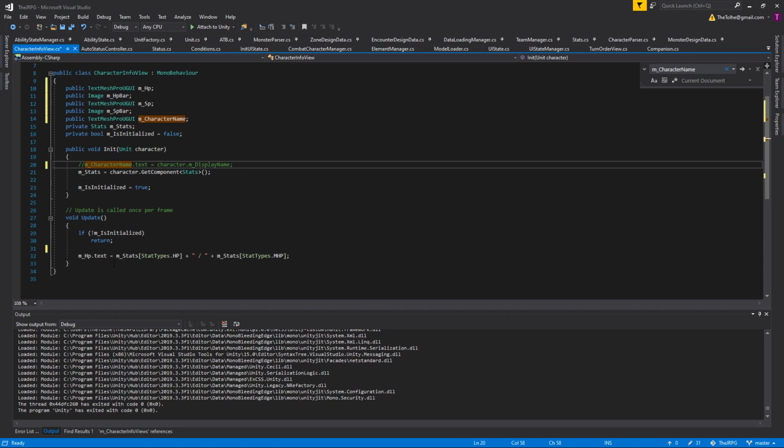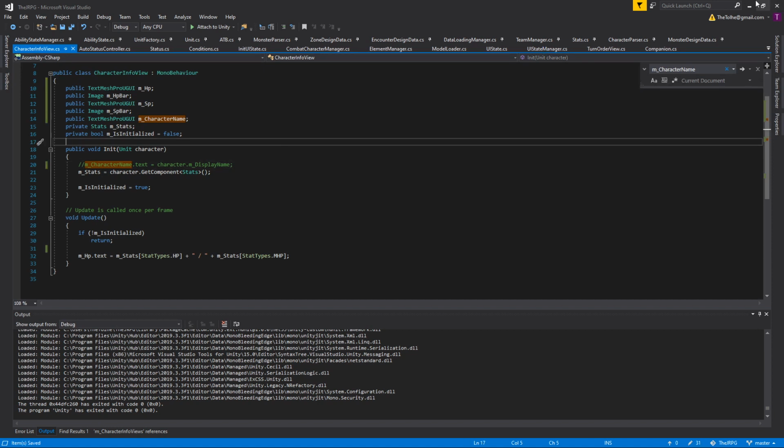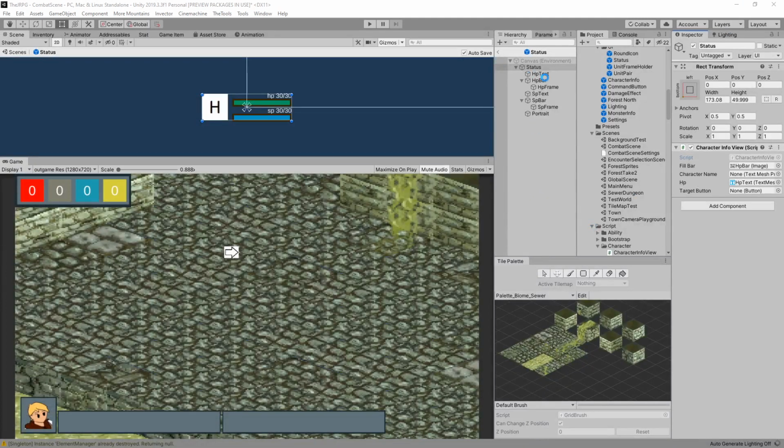Now we do this on update, which is kind of gross. Most of the time the character's HP will not be changing, so there's no reason to be changing the text every frame. So there's a better way to do this. The better way to do this is to instead set up some events that whenever the health changes, we update the UI in the same way that we did for the element manager, I think. Okay, so